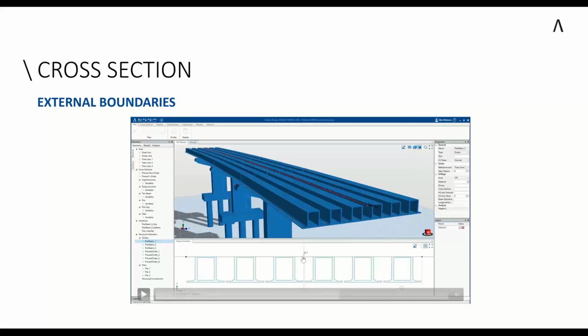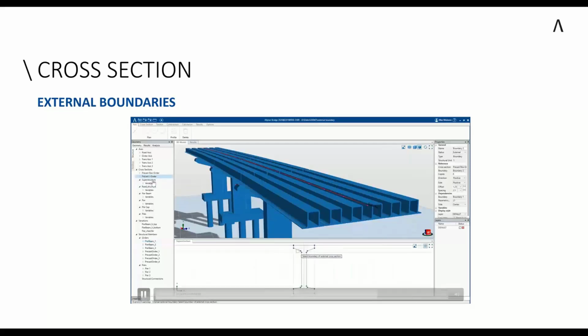So I've created a new empty section and just added an external boundary to here. And of course, then this will result in a structure like this. But the idea behind this, then I can now quickly change this. Look, if I now follow the animation, I just click the boundary line and say, I want to change now the external boundary from this type of